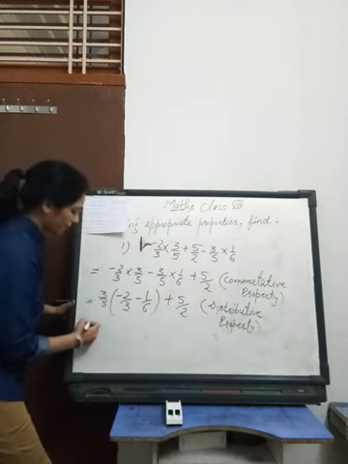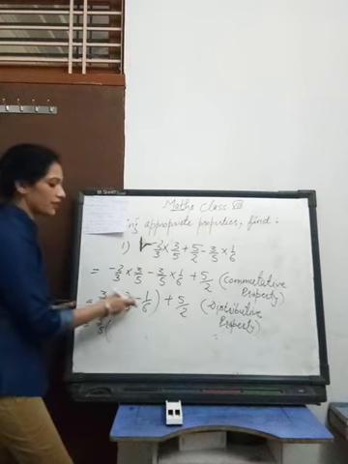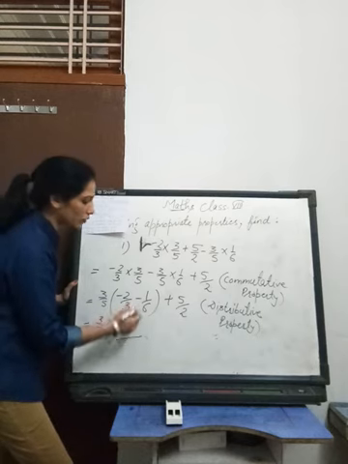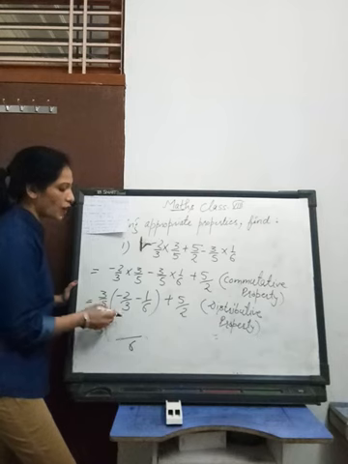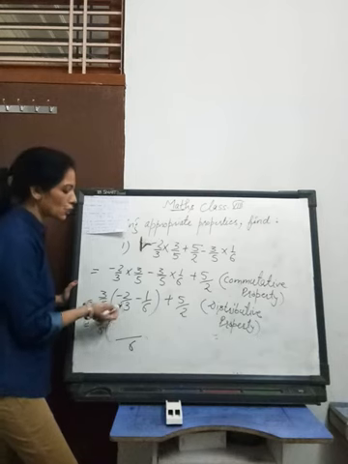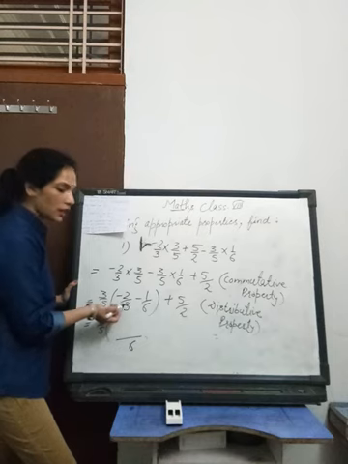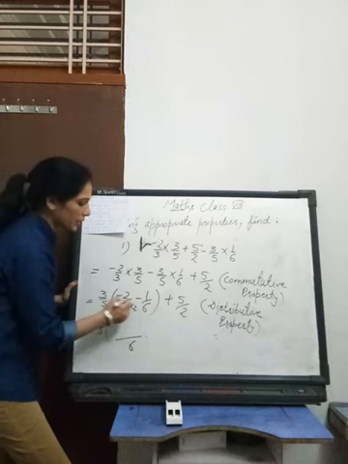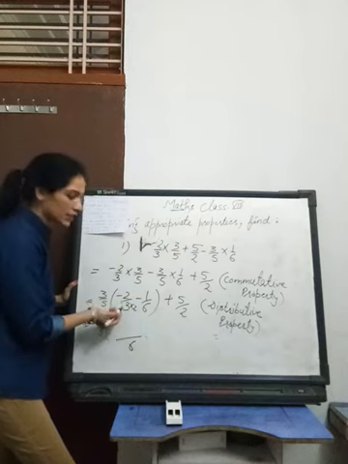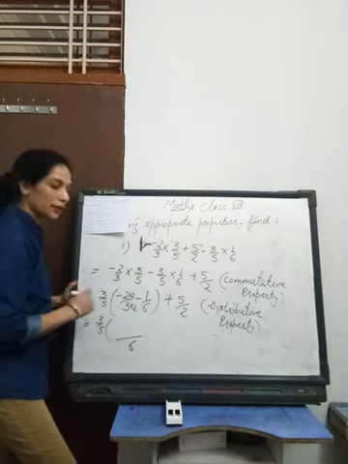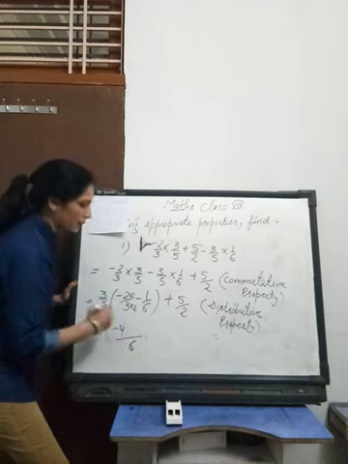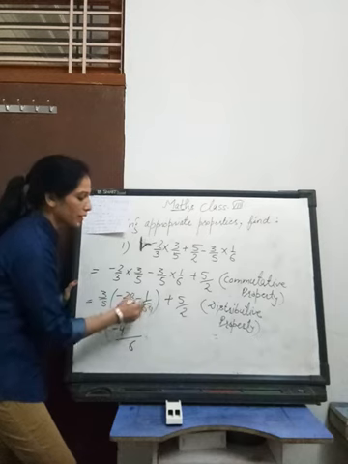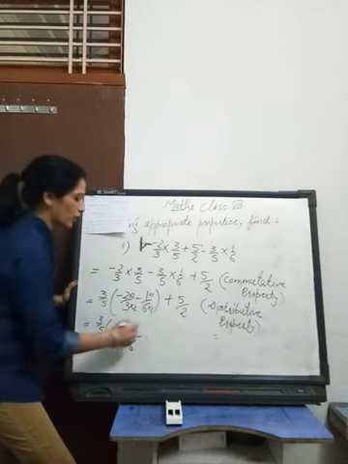Now next, I will write 3 upon 5 as it is. I will subtract these two rational numbers. First of all, I will take the LCM of the denominators, and the LCM of 3 and 6 will be 6. Now I will make this denominator 6. Otherwise you can divide 6 by this denominator 3 and your answer will be 2, and that too you have to multiply by minus 2, or simply you can multiply it by 2 because you have to make this denominator 6, and this also you have to multiply by 2. Then minus 2 multiplied by 2 is 4, and there is no need to multiply any number because 6 is there, so I will multiply it by 1, and here 1 will come.